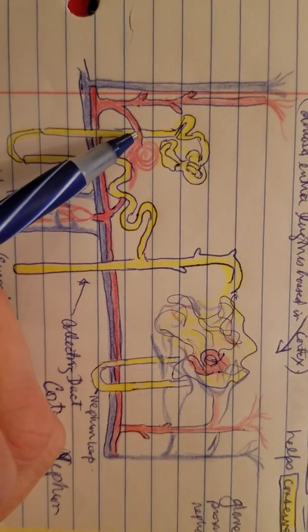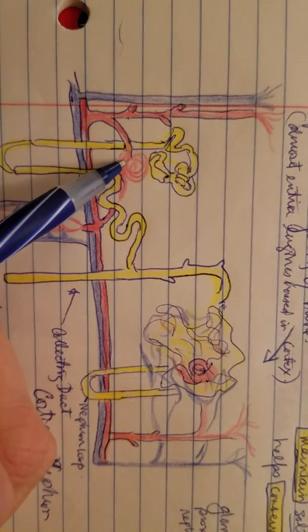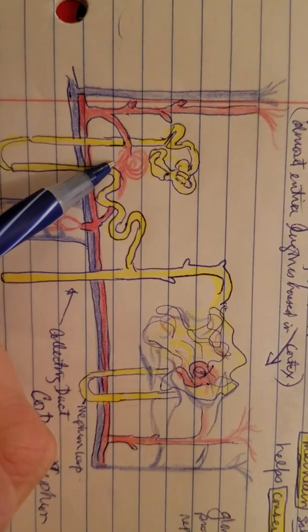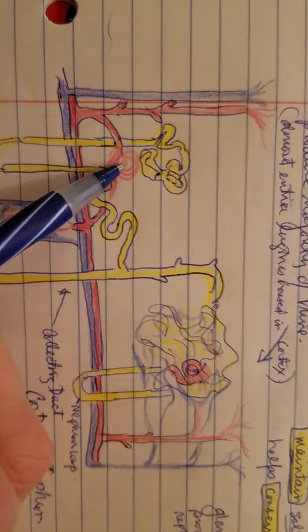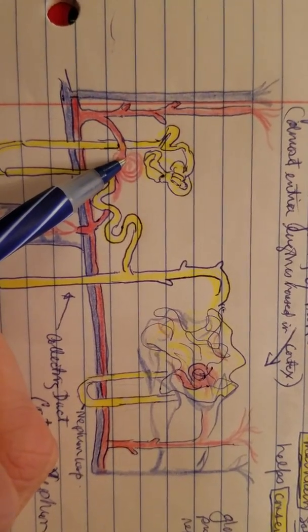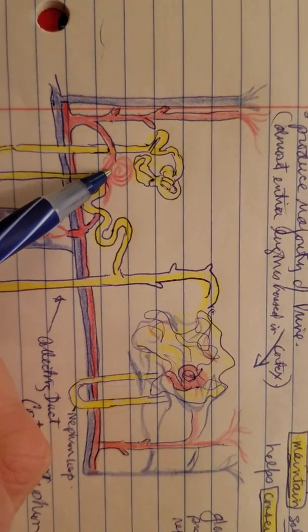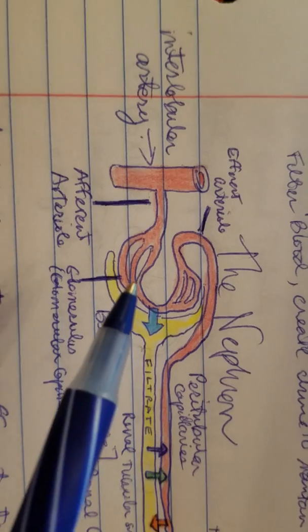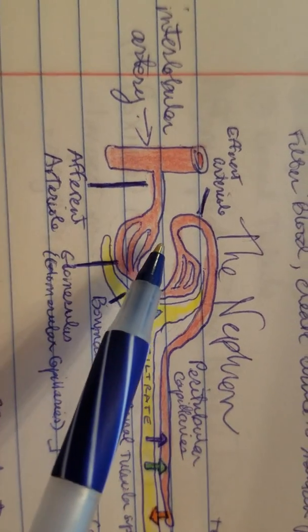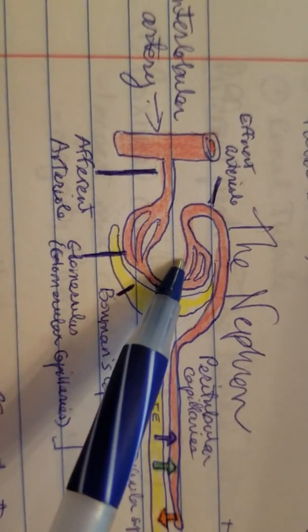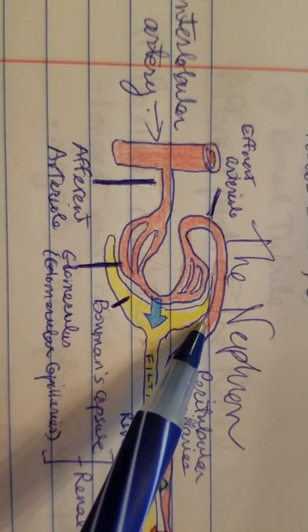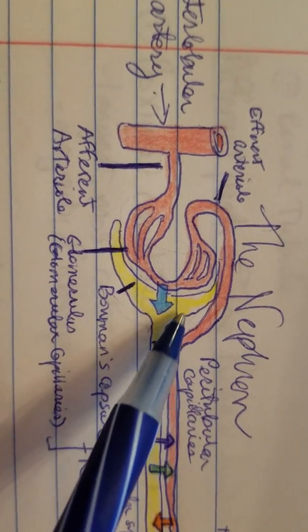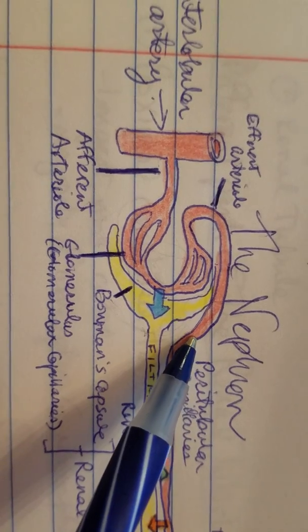The afferent arterioles lead into what we call the glomerulus, and that's where all the filtration takes place. Out of the glomerulus comes the efferent artery, which let me show you over here. I'm sorry, efferent arterioles. So here's again the glomerulus, the efferent arterioles, and that will start to take it down